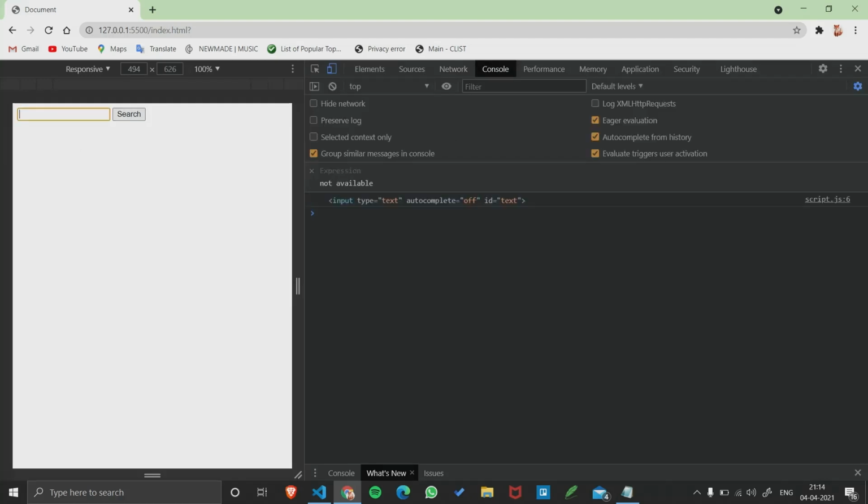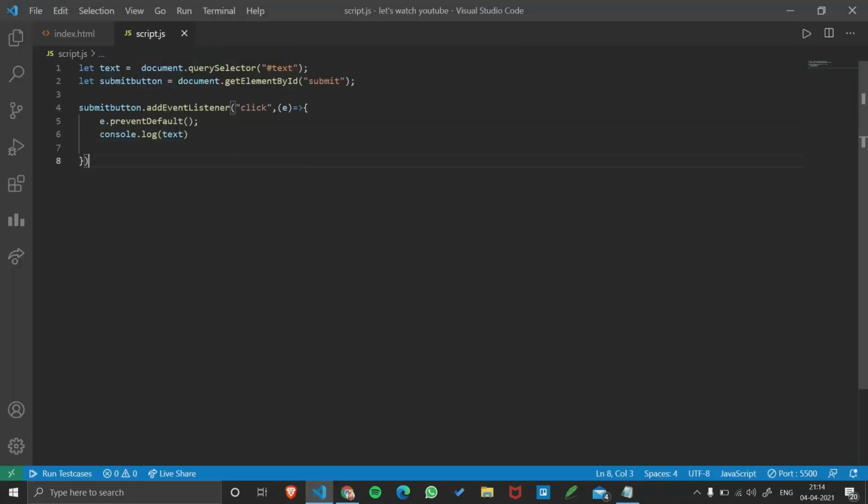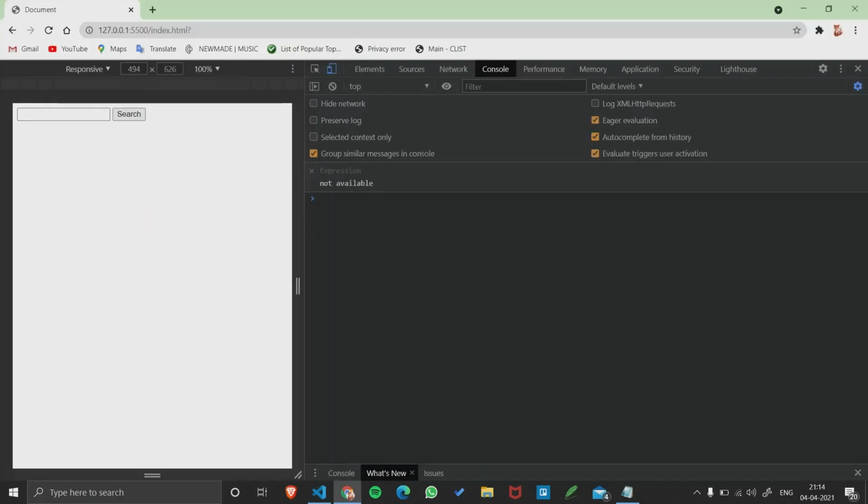Let me search something, Joma. It gives me the input type text, autocomplete off, and ID text. I don't want it. I want the value. So I'll put dot value. So if I say Joma, I'll get value Joma like this.